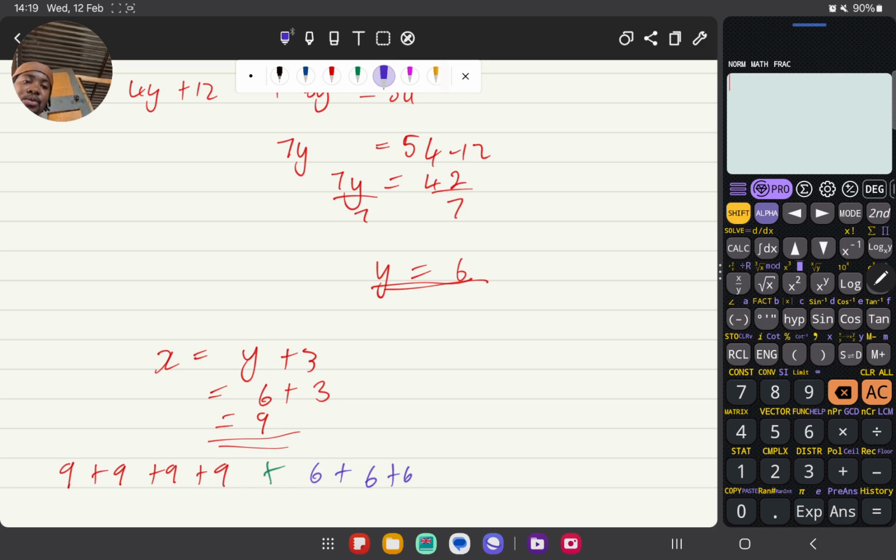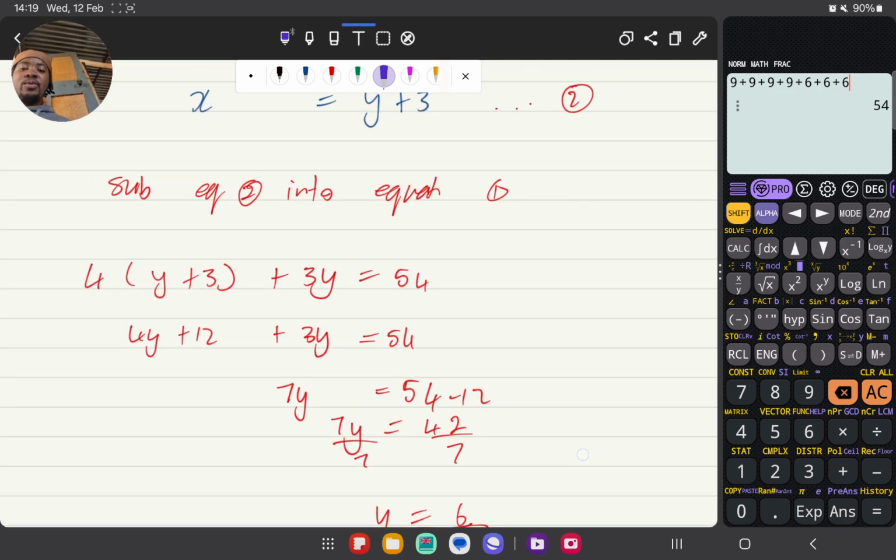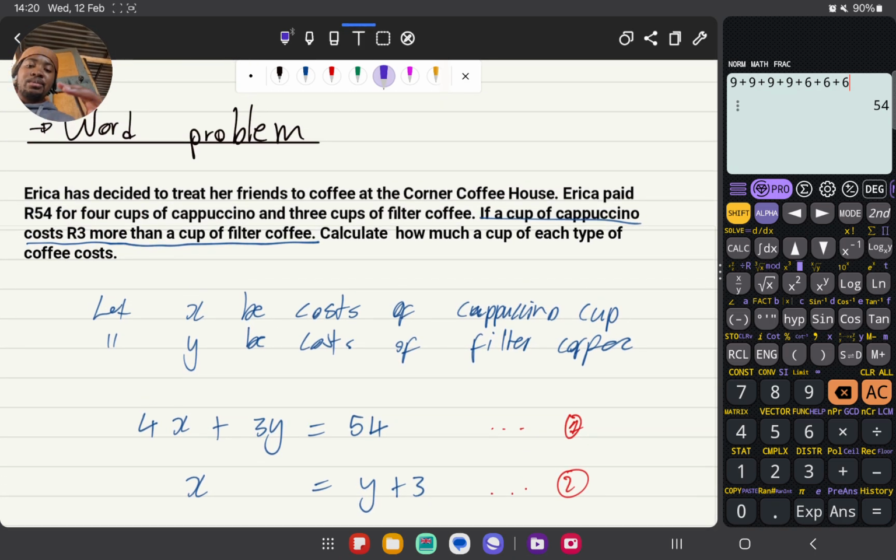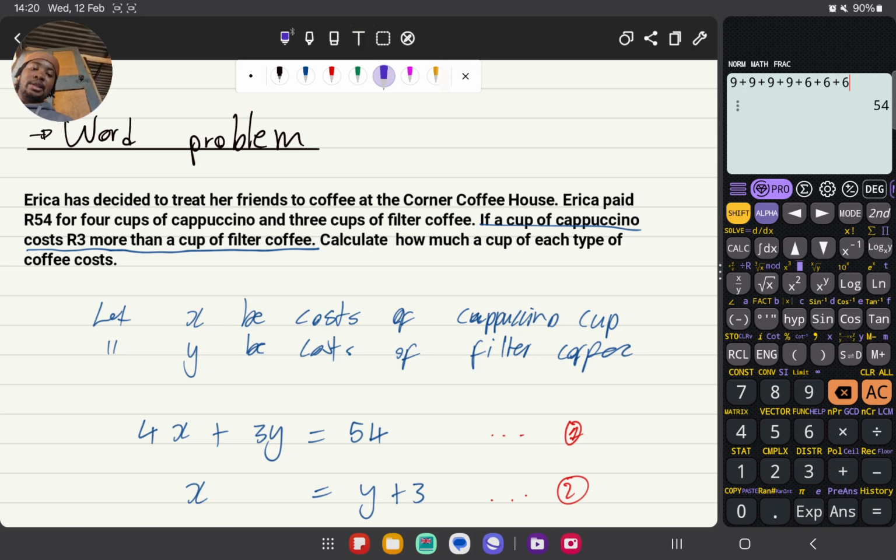Yep, so I can just go to the calculator. I mean, I don't have to do this, but yeah, let's do it. 9 plus 9 plus 9 plus 9. Those are 4 nines. Then we go for 36 plus 6 plus 6 plus 6. Voila, 54. You see, so we took what they said and put it into some algebraic equations, and from there